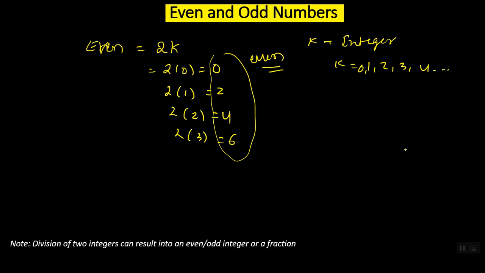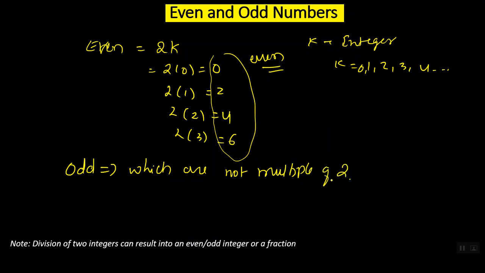So what do you mean by odd integers now? Simple. Odd numbers or odd integers, which are not multiples of 2, are said to be odd integers. In general, an odd integer we can write as 2k plus or minus 1 or 2k plus or minus 3